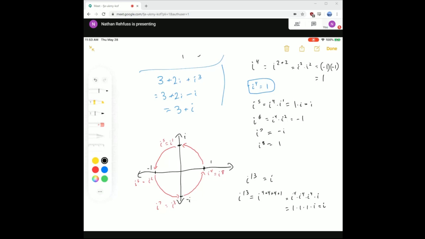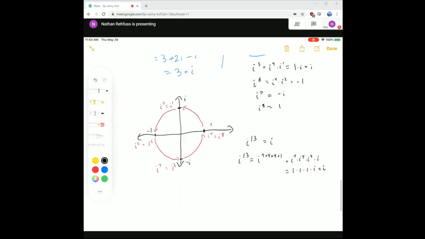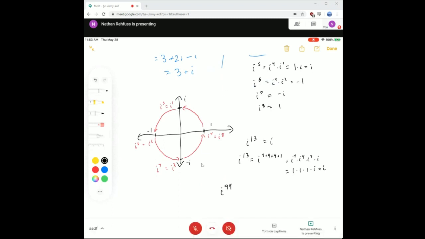So if I gave you a problem like, tell me about i to the 99th power, big power, I don't really want to count around this circle 99 times to find out which of these 4 places I land on, because the chance that my cursor is going to slip and I mess up my count is pretty high. But I could say